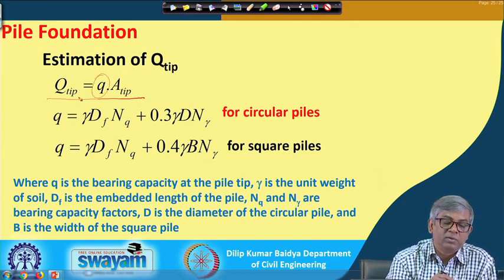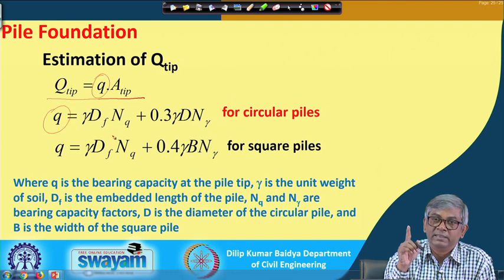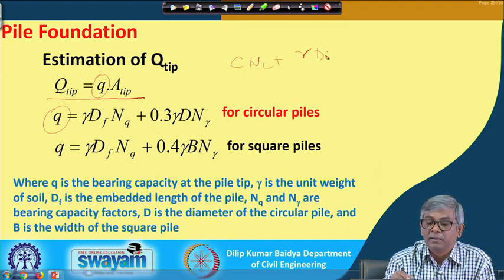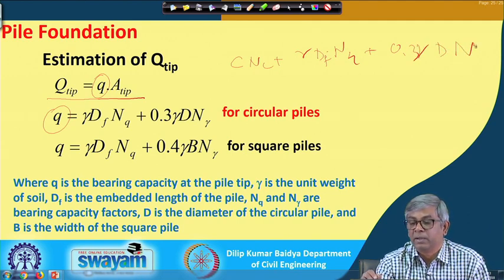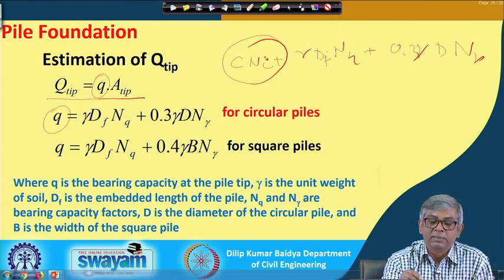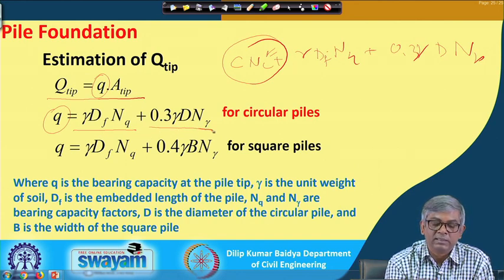So, q is important to find out. Q will be actually, if I have considered a pile driven in sand, then the cohesion part is not there, otherwise you could have written c Nc plus gamma Df Nq plus 0.3 gamma d N gamma. Since it is a cohesionless soil, the c part is 0. So, Q ultimate for cohesionless soil is gamma Df Nq plus 0.3 gamma d N gamma for a circular